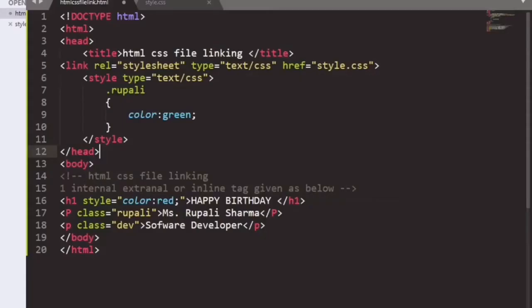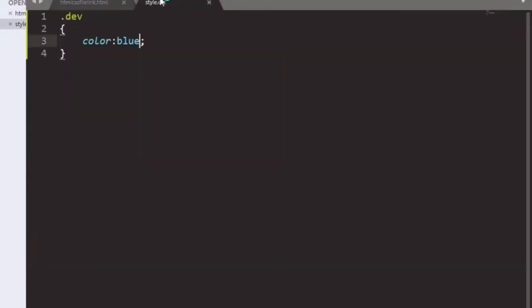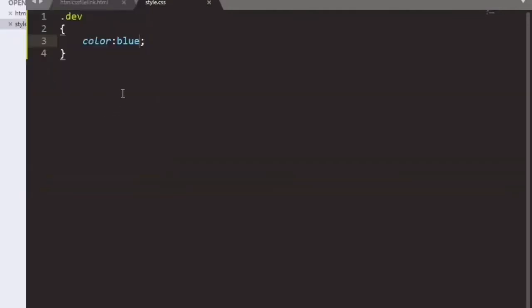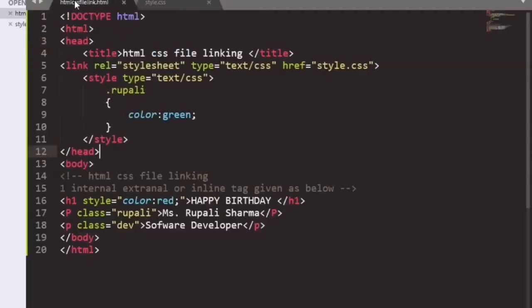Refresh the page. So you can see the software developer written above.